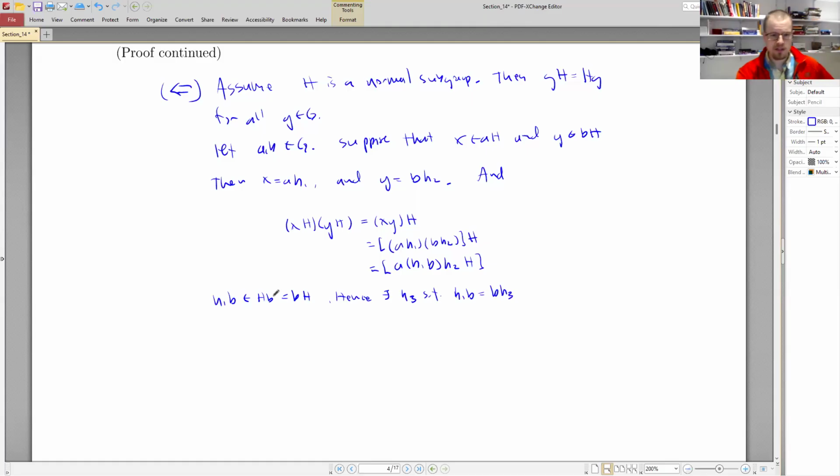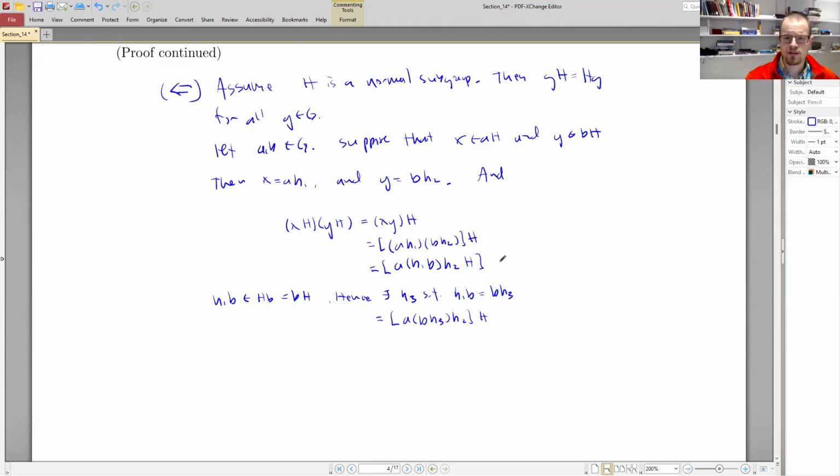So since it's in Hb and that's the same as bH, I can find this element over there, in which case I can express it as b times some other h value. So this is equal to a times b h3 times h2